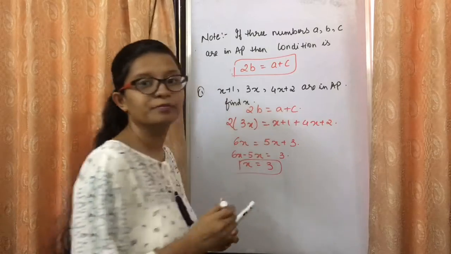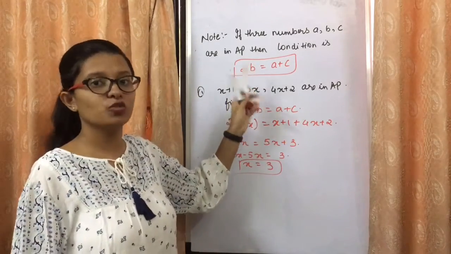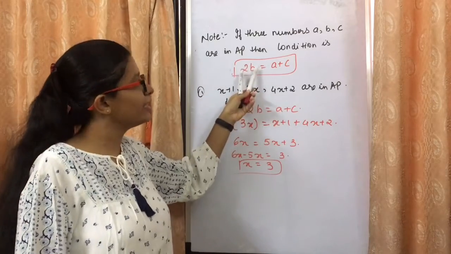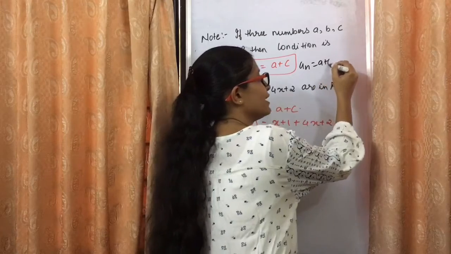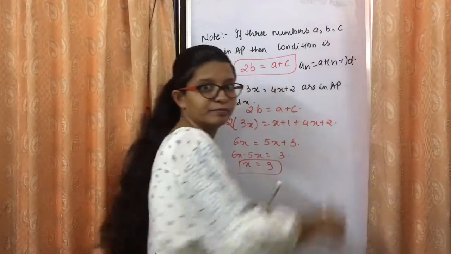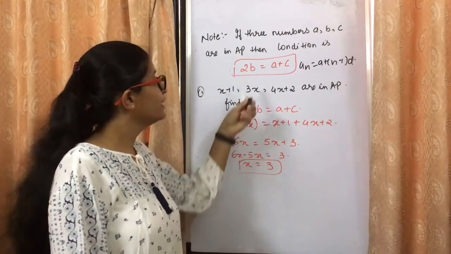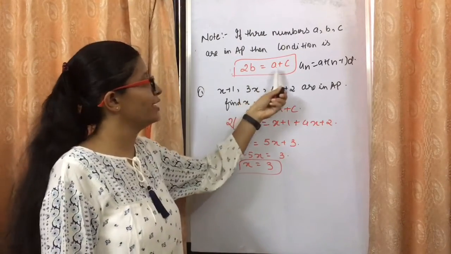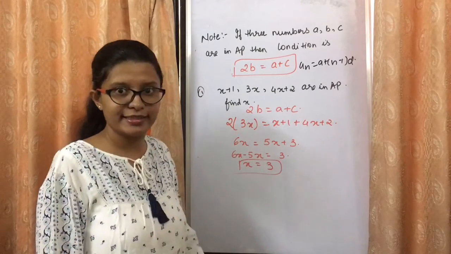तो यही तो पूछा था. This was only asked. So just by using the small formula, small trick I can say, क्योंकि ये चीज भी किधर से है? ये तो An is equals to A plus (n minus 1) into D से ही है ना? ये लगाते तो भी solve हो जाता. But to make it short, it's very easy to use this: 2B is equals to A plus C. So how quick we got the answer for X?